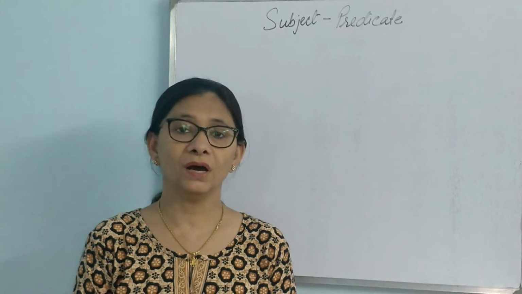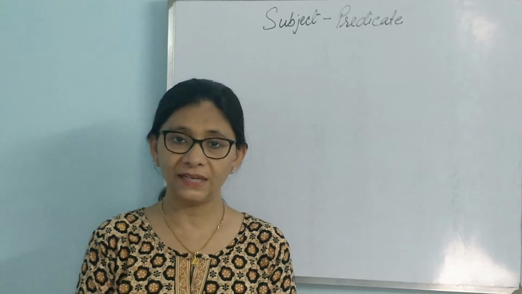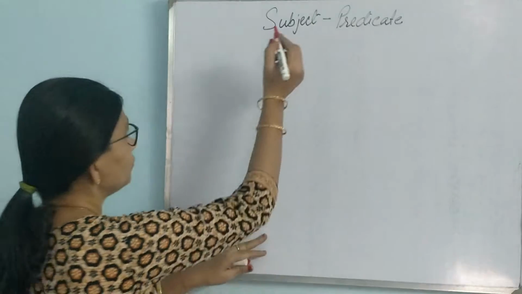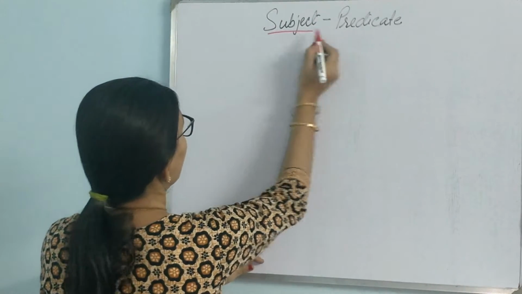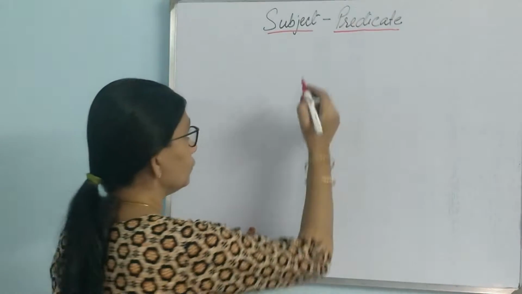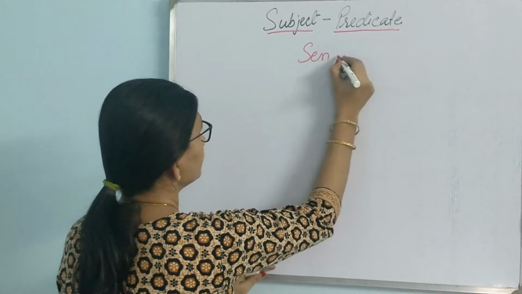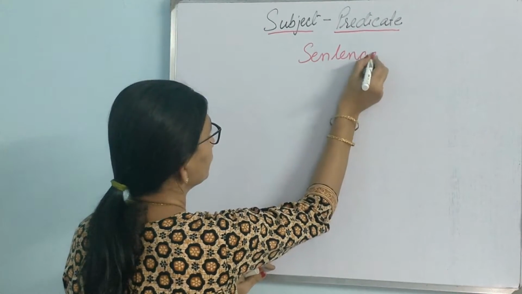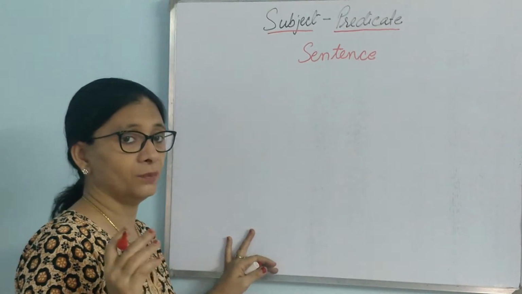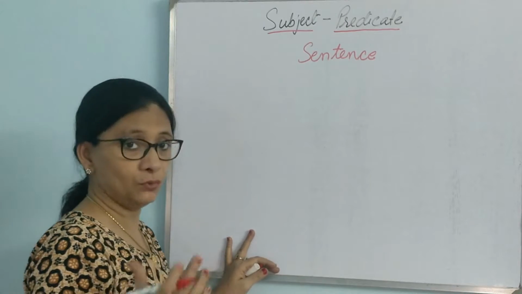Today we shall talk about subject and predicate. So, what are subject and predicate? Subject and predicate are nothing but two parts of a sentence. A sentence, which we know to be a group of words which convey a particular meaning, a meaningful group of words,